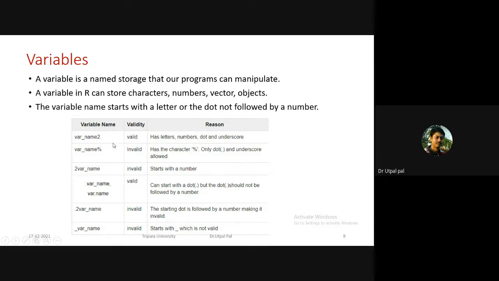So here are some examples of valid R variable names. For example, here we can start with any character and we can use an underscore. And see here, if we give any percentage symbol, then it is invalid. So these are some examples of valid and invalid variable names.